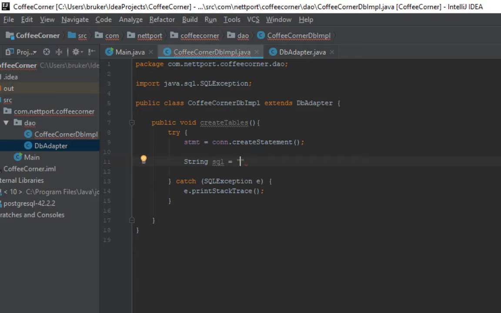The query is the following: create table if not exists products. So we will create the table products if it doesn't exist. Create table if not exists products. And now we are going to state all the